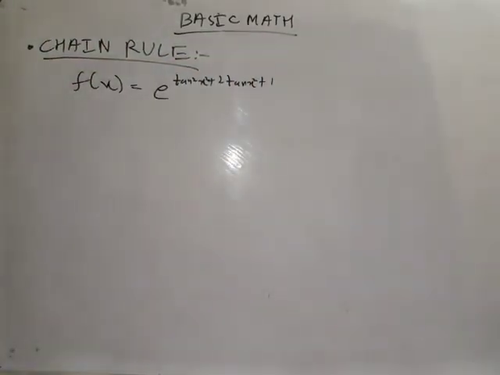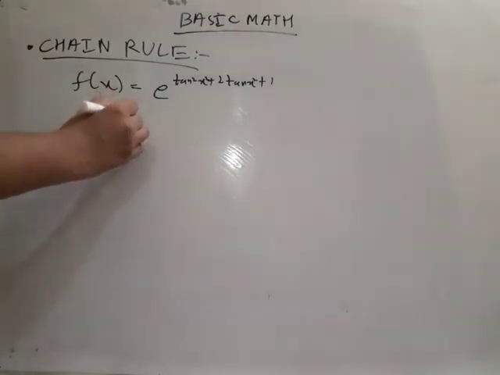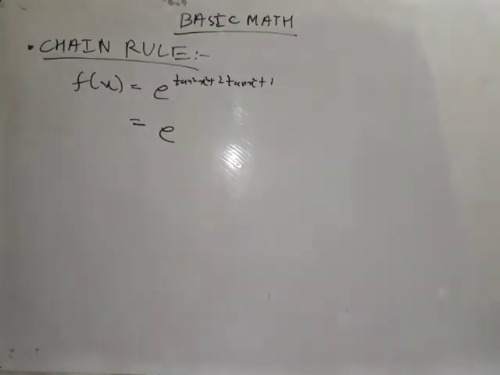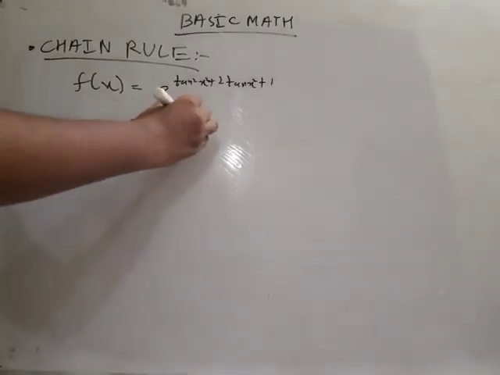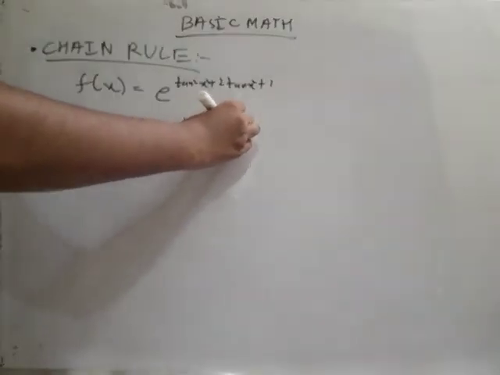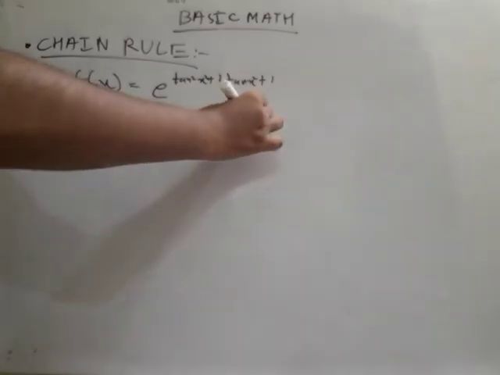So first we have to reduce the function. If I take tan x square as a term, which is t, then we see that this is t square plus 2t plus 1. That implies it is (t plus 1) whole square. So it is actually (tan of x square plus 1) whole square.